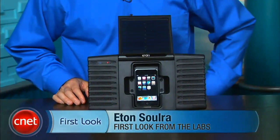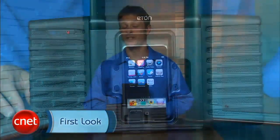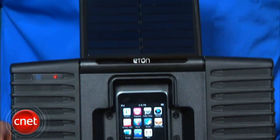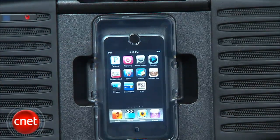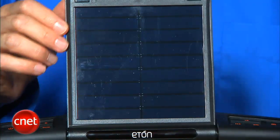Eton Solra iPod iPhone portable audio system. This is actually an audio system that is designed to go outside. It is both a little bit ruggedized and has a splash-proof design. As you can see, you can hide your iPod or iPhone behind the plastic shield here in the front. That is removable. You can also put down this little lid here, but what the key thing is this is